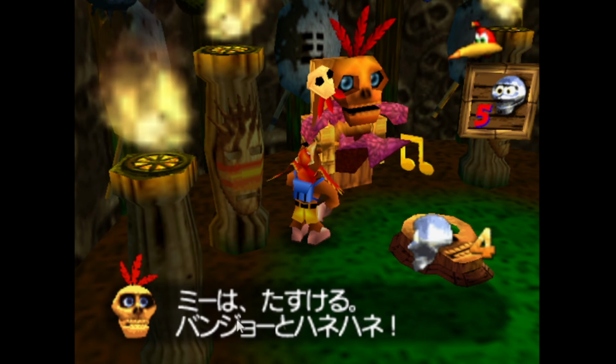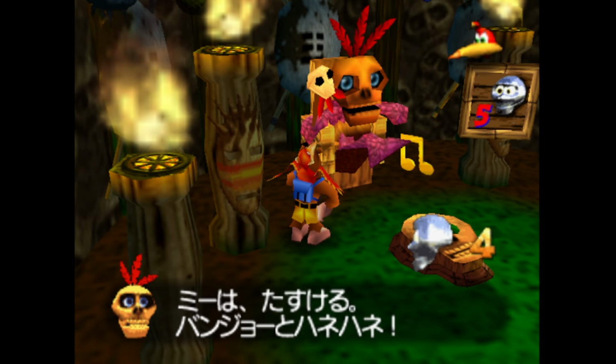Mi wa taskeru. Banjo to hane hane. He's calling Kazooie hane hane, is he? I'm just going to look that up because there might be like a bit of a hidden joke in there that I don't know or something. Maybe not. Hane hane. Doesn't mean, you know, obviously it can mean like wing or feather or something like that.